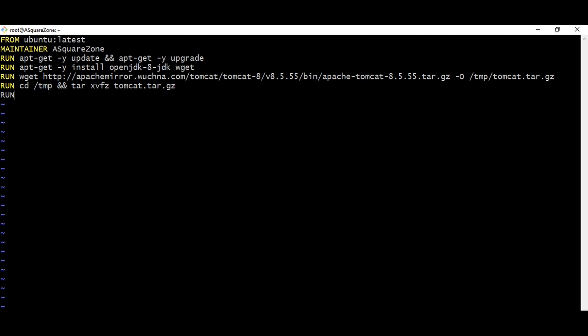And again I am going to copy from the tmp directory, Apache Tomcat version 8.5.55. All the files I am moving from here to the Tomcat directory, /usr/local/tomcat. So all these commands are executing on the Ubuntu server, which we are taking using the FROM command.